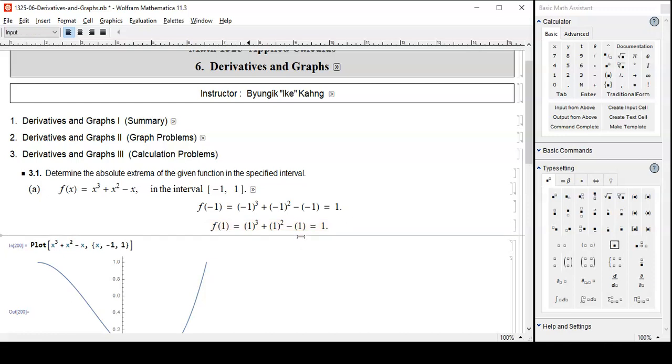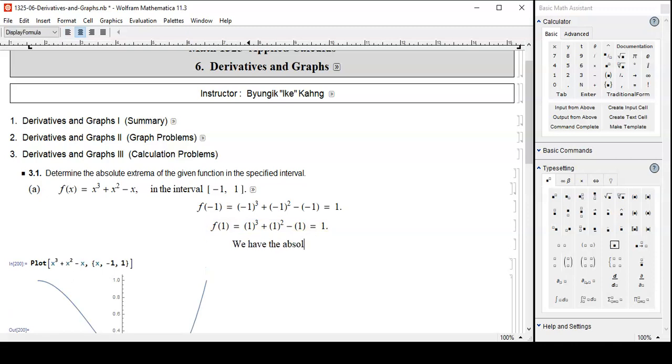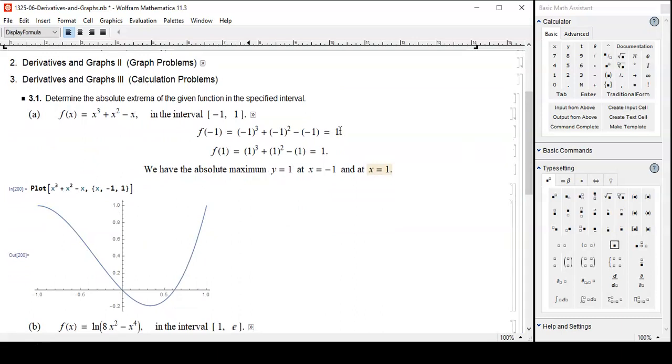Okay, so we can write like this. We have the absolute maximum y equals 1 at x equal to -1 and also at x equals 1. That's because these two happen to be the same maximum there. If one of them had been a little bit bigger, then you have to discard the smaller one and take only the larger one because you're looking for absolute, the biggest maximum. Now, how about the absolute minimum down here? That's going to be a bit of a challenge. But then again, you see,